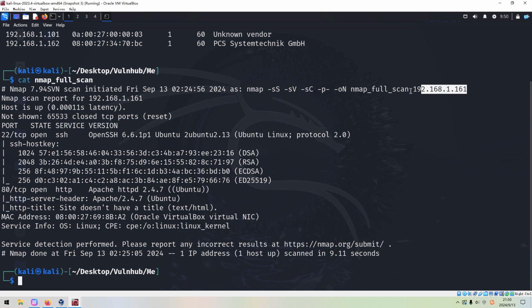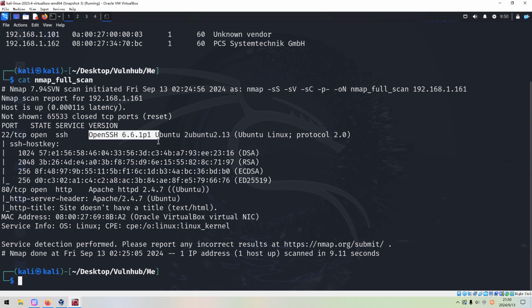I did the machine. So from the Nmap scanning results, we can tell that the target has two open port numbers. The first one is 22, which is running the SSH service, or Secure Shell service, and also the version information, including the actual version number.